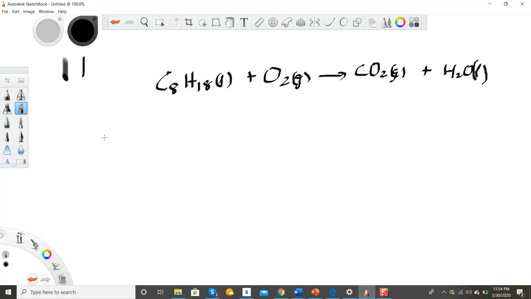So basically, to balance this, we need an 8 here, and we need a 9 here. Okay, so that means that for the oxygen, we have a total of 16 plus 9, that's 25. So here, I would put 25 over 2, and then I would simply multiply everything by 2 to get